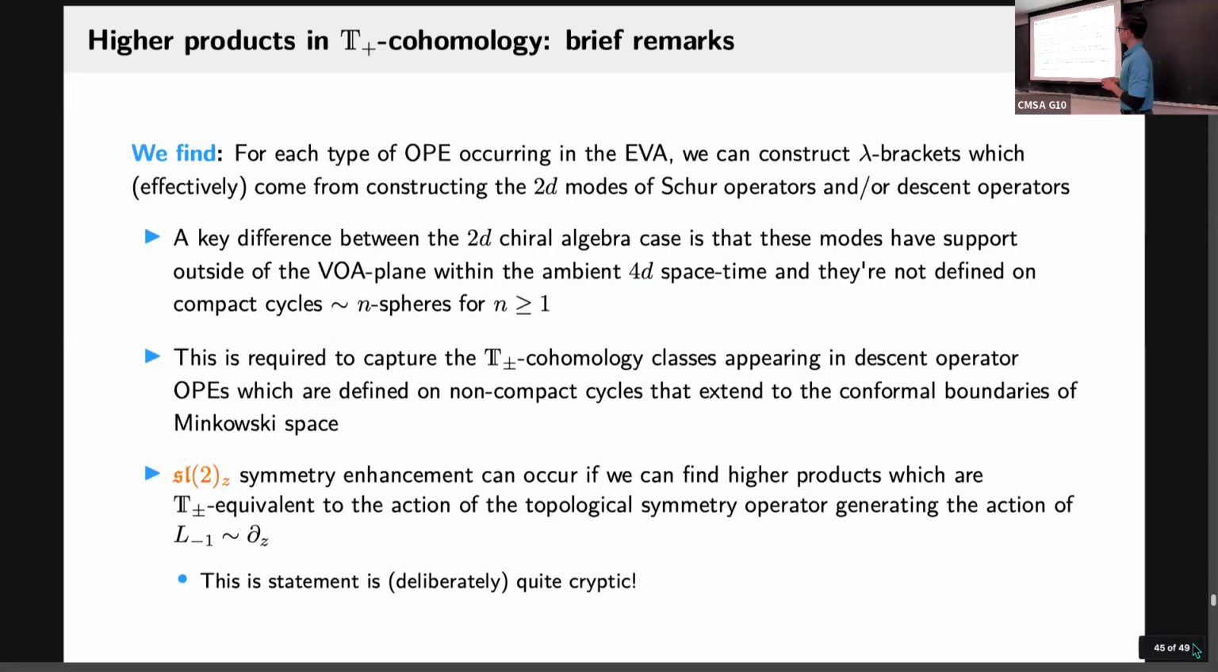So what we end up finding in our setting is the following. For each type of OPE occurring in the EVA, we can construct an analogous lambda bracket that effectively comes from constructing the 2D modes of Schur operators and/or descent operators. But there's a key difference from the 2D algebra case, which is that these modes have support on